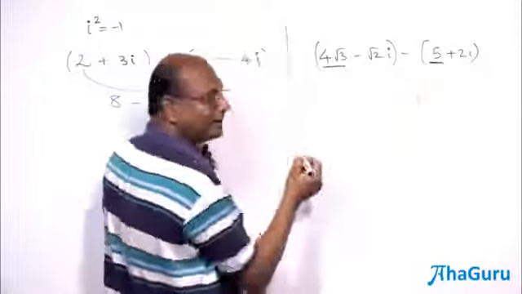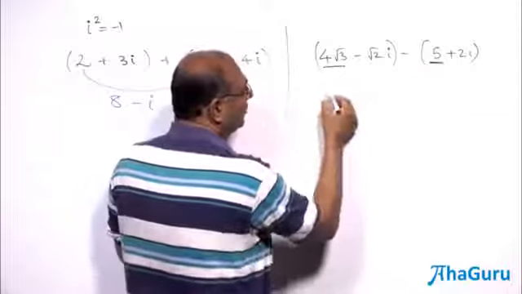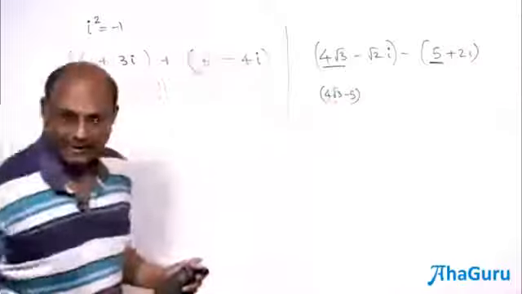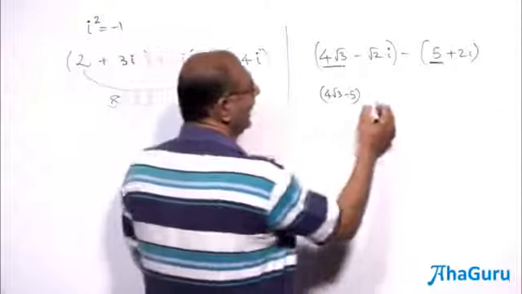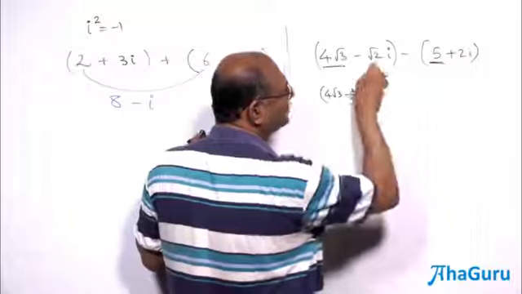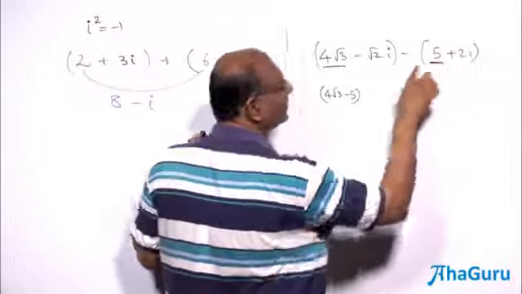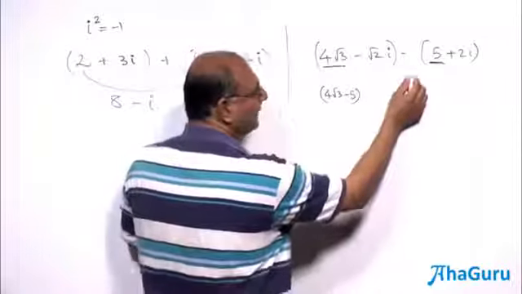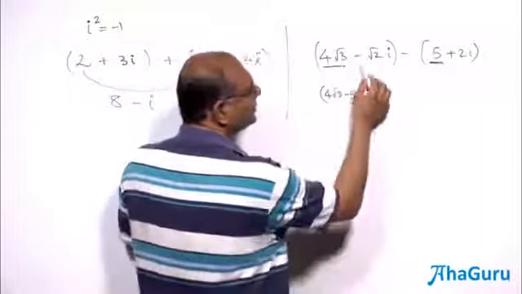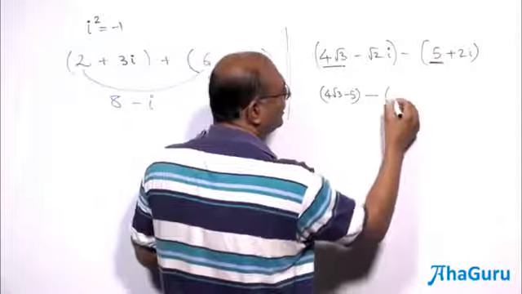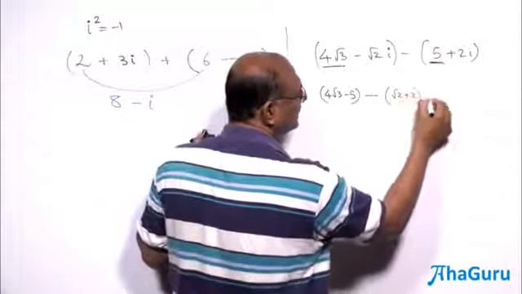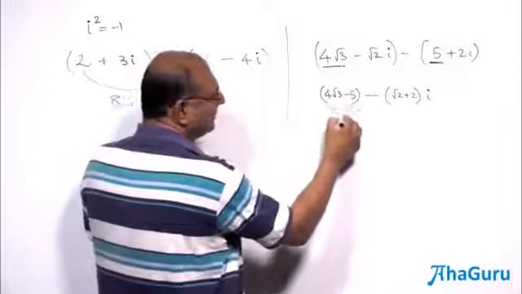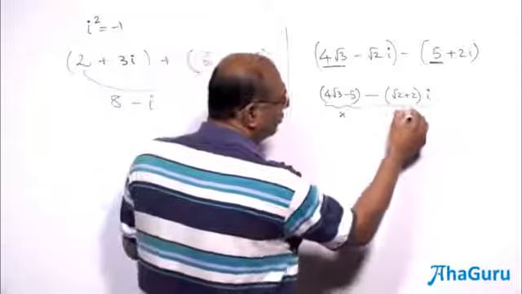That's a real number. So when I combine these two, what am I going to get? 4 root 3 minus 5. This is one single real number. And this is i, this is a minus root 2 minus 2. This minus just distributes over both of these. So minus root 2 minus 2. So this basically is going to become minus of root 2 plus 2 times i. So x right now will be this, y will be this whole thing.